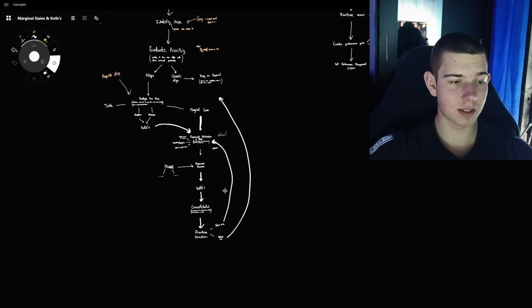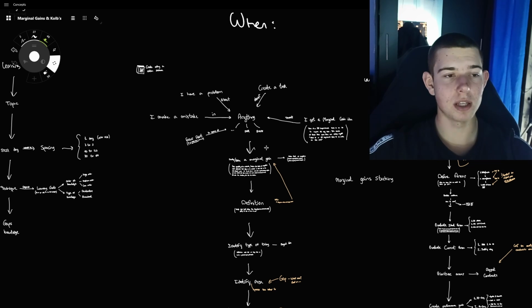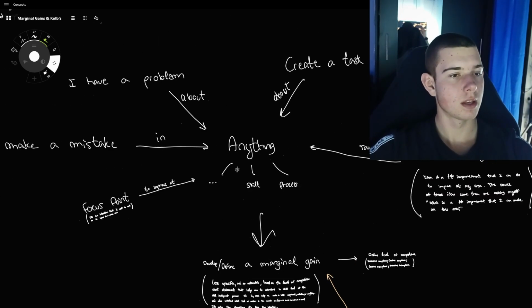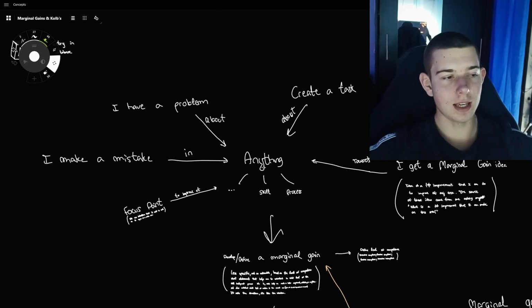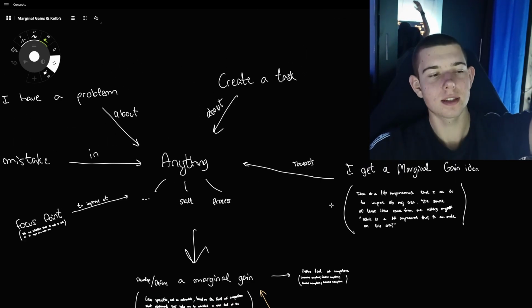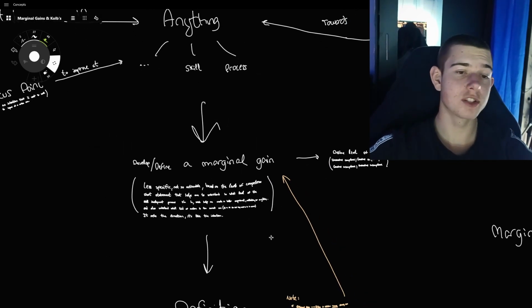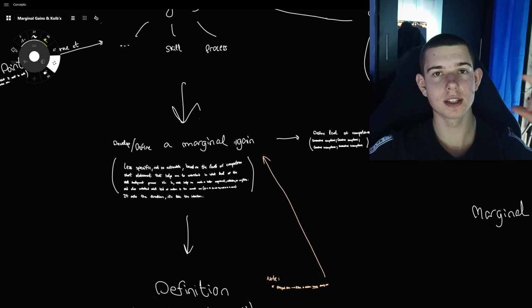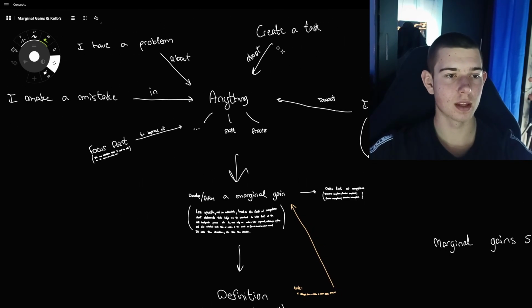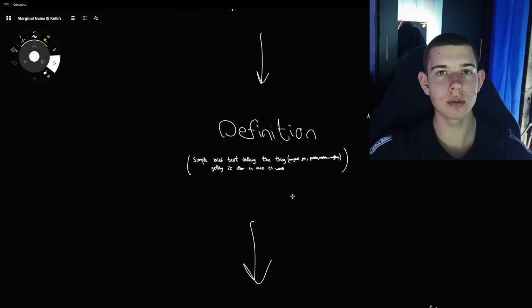Then I also did some things here, but it's getting a bit laggy. I'm gonna explain this and then I'm gonna move to the next part. Now here, if I get an idea, if I want to insert a task, if I make a mistake, if I have a problem, if I have a focus point that I want to set, if I have an idea about a 1% gain that I want to add, anything, I'm gonna put it through this system. So I'm gonna define a marginal gain, a 1% gain, for anything of this. Then I'm gonna define exactly what I'm thinking about.